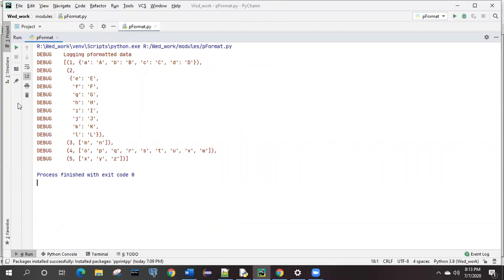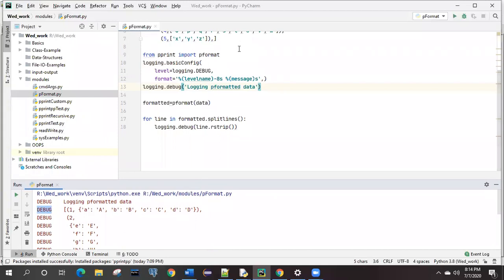If you look at the first line, debug logging for p formatted data, that is the previous data itself, right? Now we are setting the debug labels, like we are simply giving messages for each and every line. We have split the output line by line, and for every line we have set the label. So this label is debug, which we have set by default, and this here is the message. So line.strip, we are stripping that message, one line, and we are printing it instead of this logging formatted data.